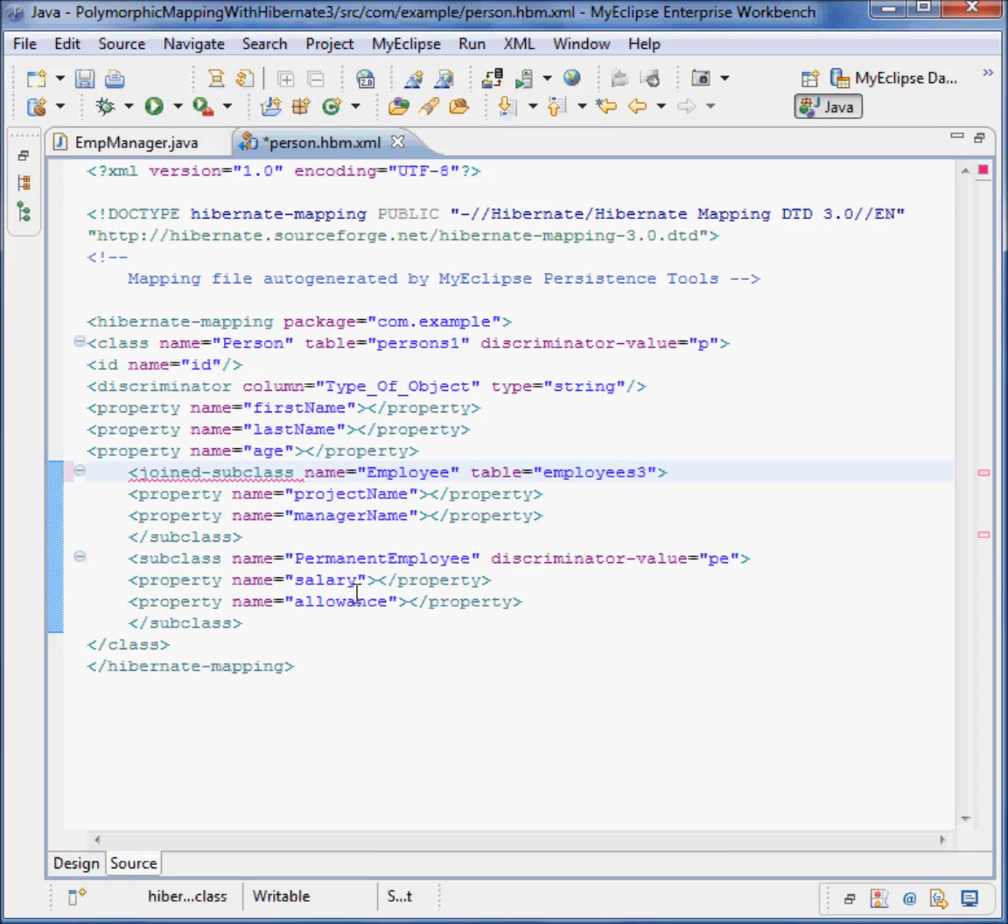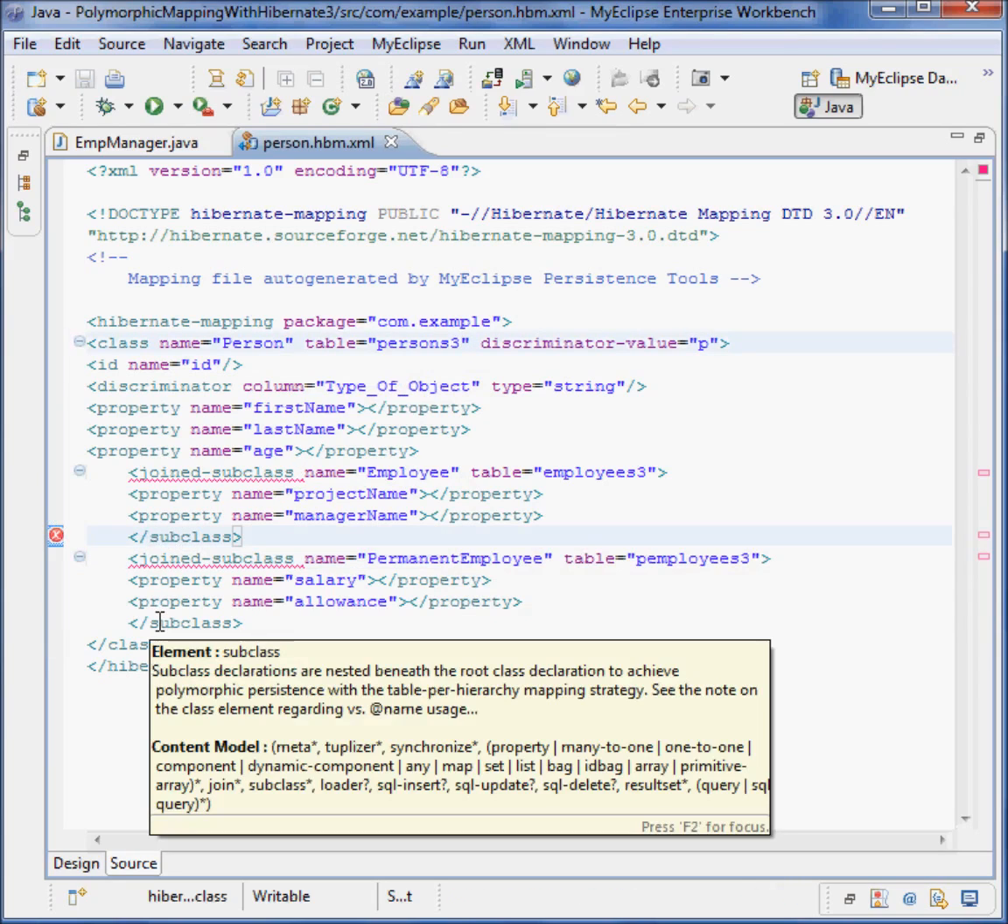I'll have employee 3, so employee 3 will be my table name. Similarly here also I can say joined subclass, and I'll say here permanent employee class, and not discriminator, I'll just say here table equal to permanent employee 3. And person will be not person 1, it will be person 3, already person 1 is there in my table. And here I'll be closing